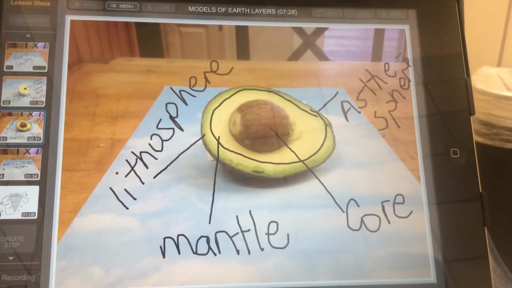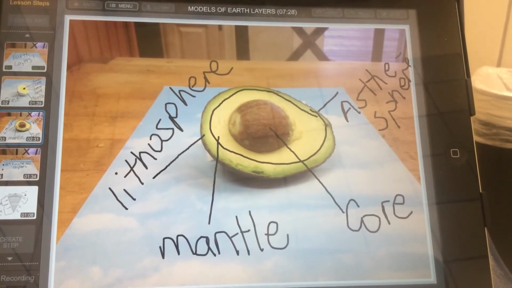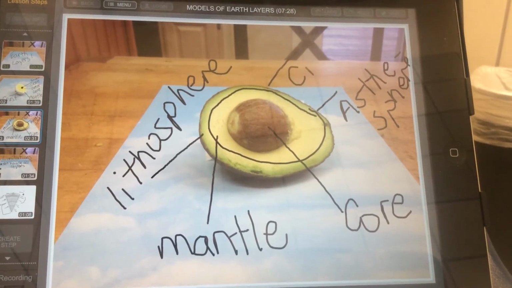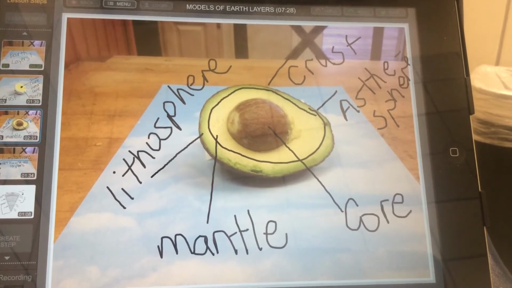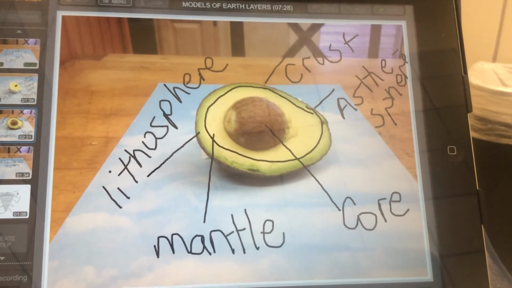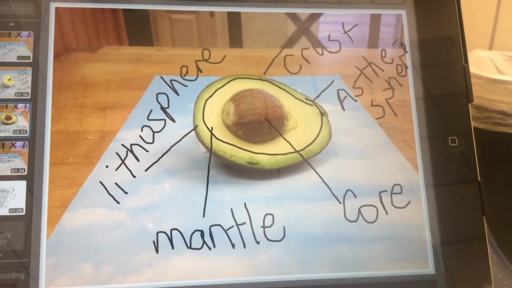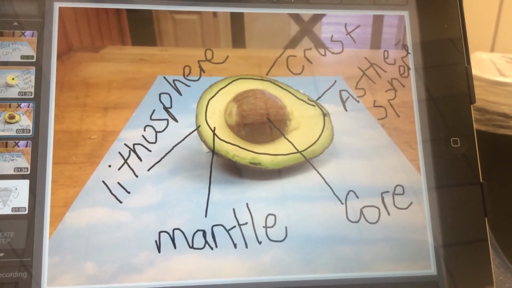And then of course you have the skin of the avocado that is as thin as the shell of the egg, and that could represent our crust. Okay, so now we have two more models to add to our journal, so we'll draw those in a few minutes and discuss them further with our groups. So let's go to